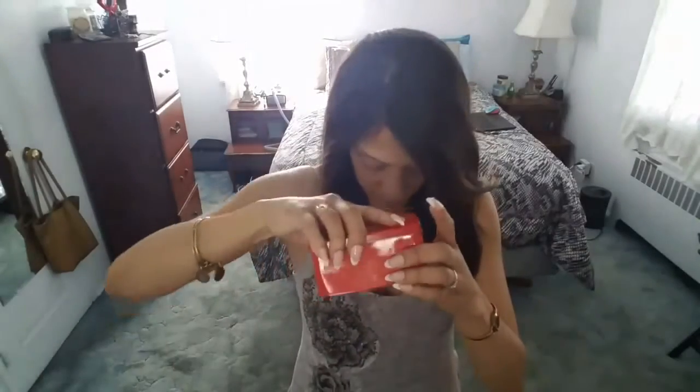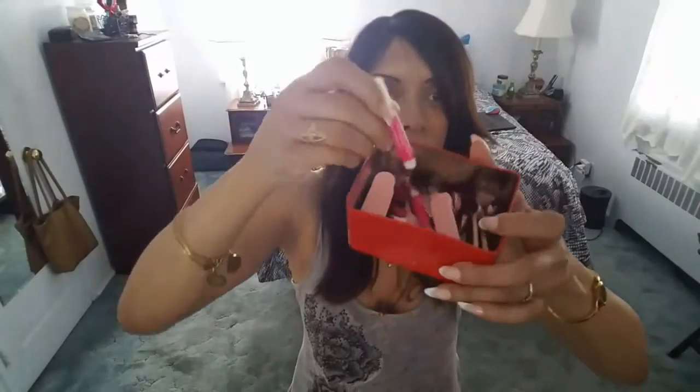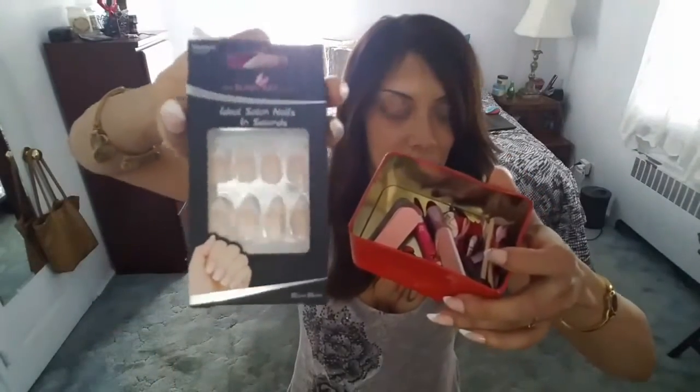me forever. The bad thing about this is you can't travel with it, so I leave this home and I carry with me in a little box everywhere I go, because accidents do happen, ladies. I'm not gonna lie. I carry with me the false nails glue that came with the Bling Art nail pack, and I just use that whenever I get the occasional pop off. But trust me, this is gonna hold your nails for 6 days before it even considers